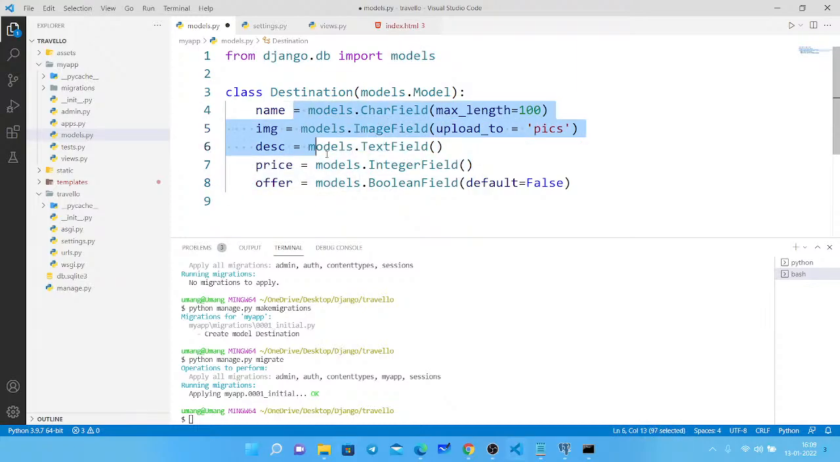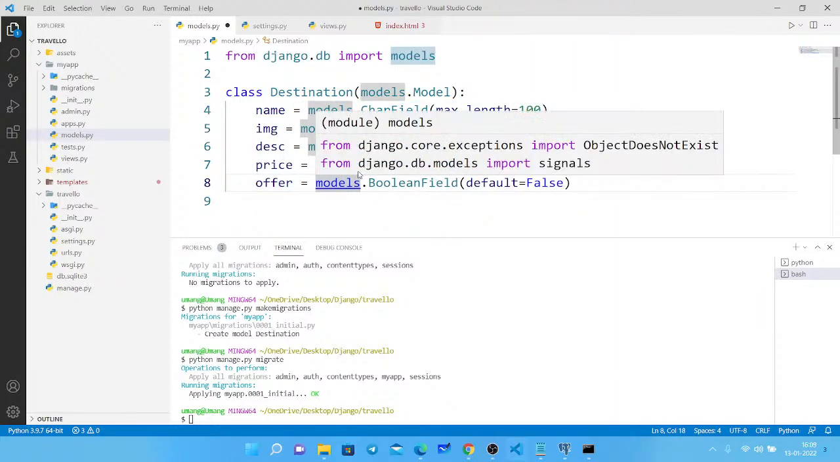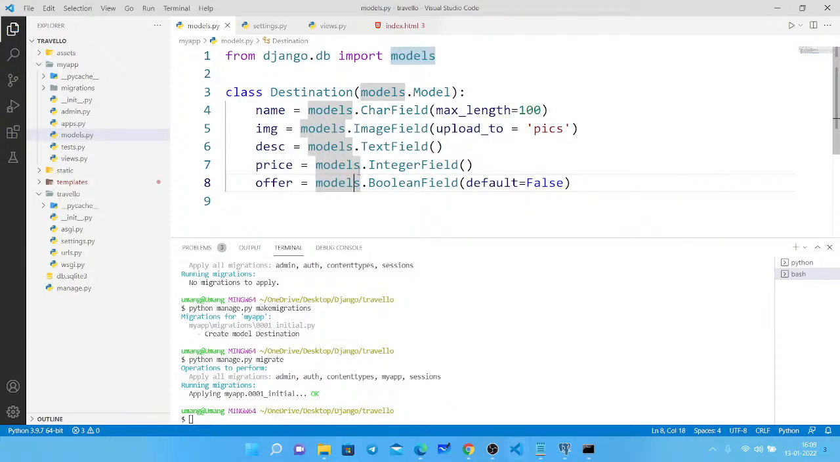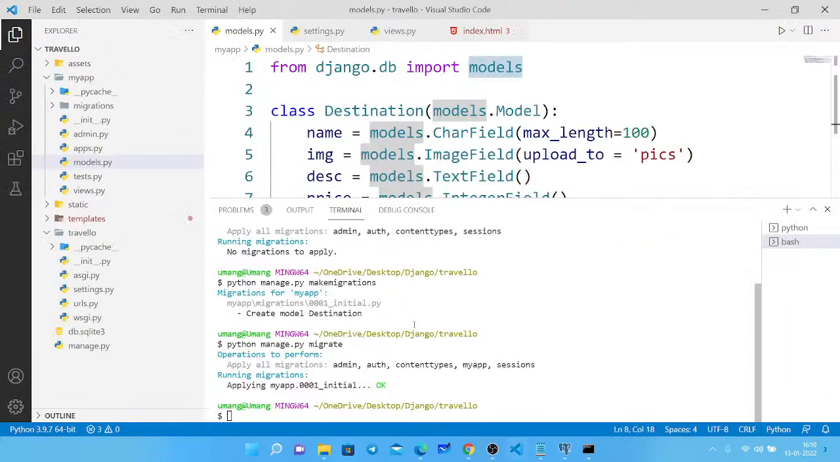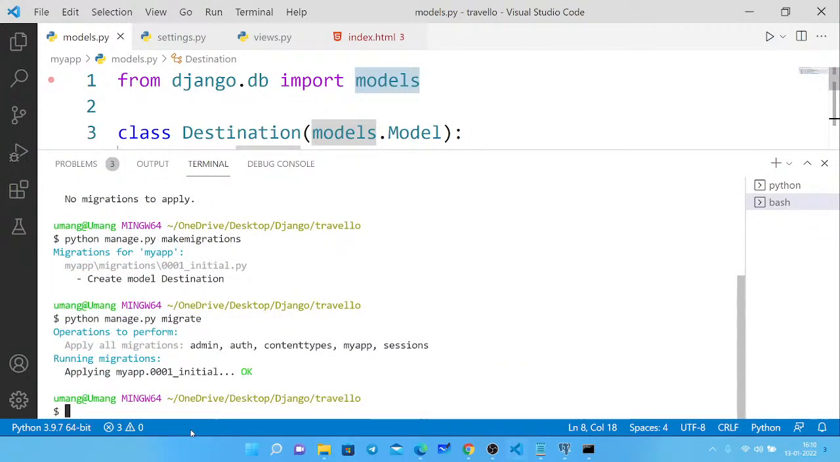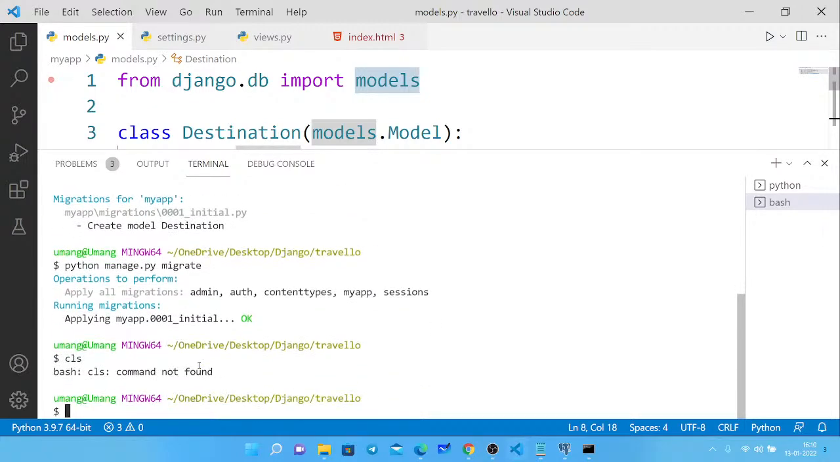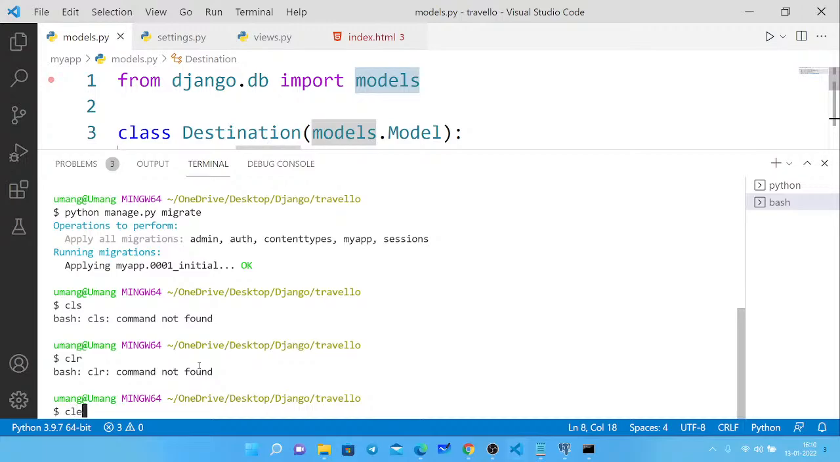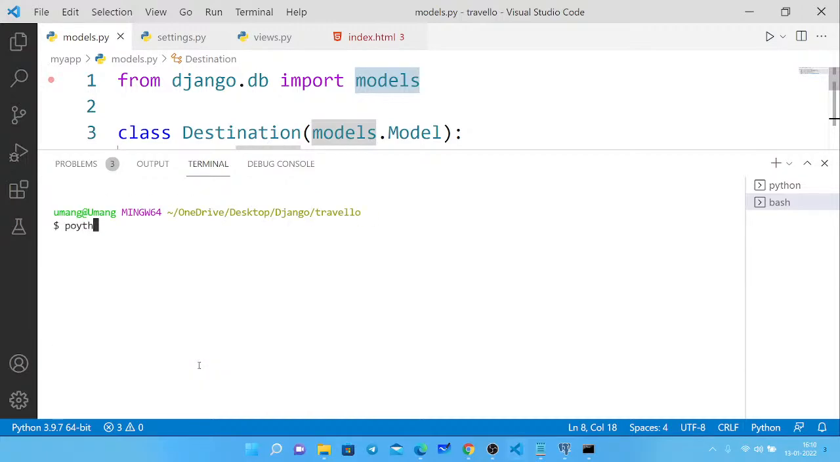But when we have done the changes, we have to remigrate. Remigrate means after doing the changes, it should do the modification that we want to do. So if I save it now, and if I open the terminal again, let me clear this. Okay, so now if I write here python manage.py makemigrations, if I press enter,